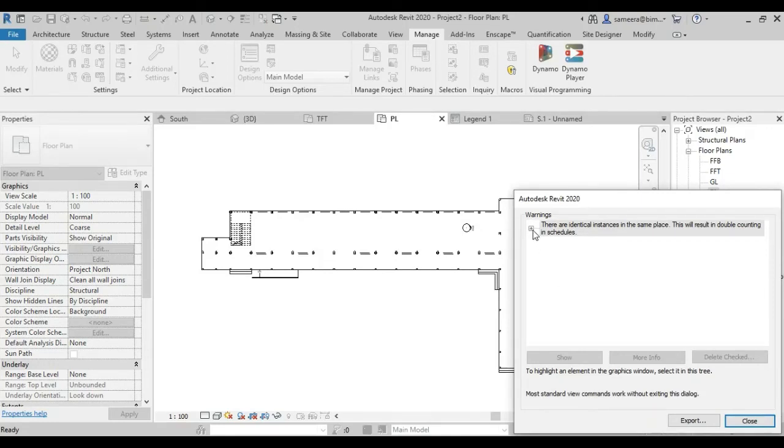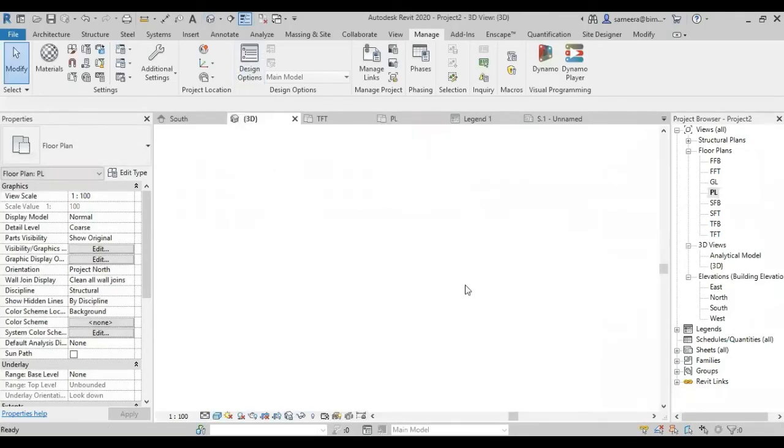See, suppose there is a wall overlap, you can have a warning like wall overlap. How many overlaps are there? Like this, we will be getting warning 1, warning 2, warning 3, 4, 5, like that. So if you want to review the warnings, you have to select it, and that particular corresponding portion will be highlighted. For example, I can show you that.